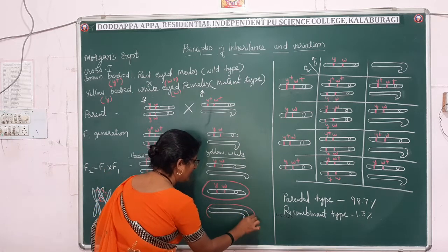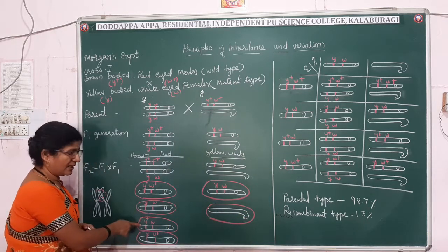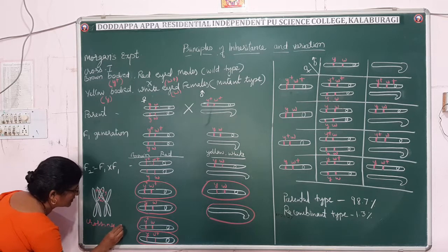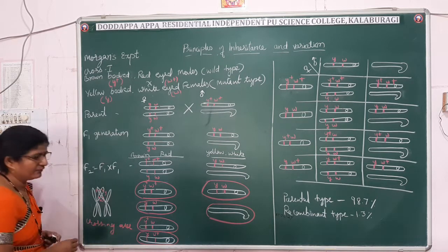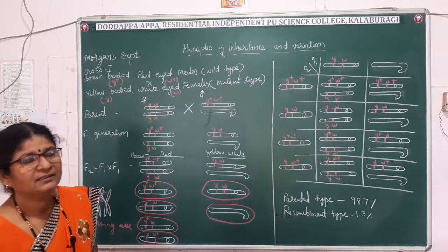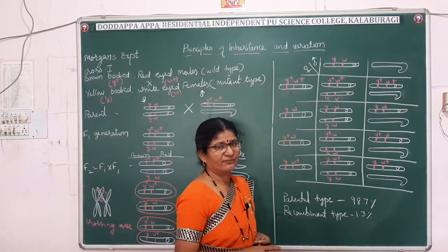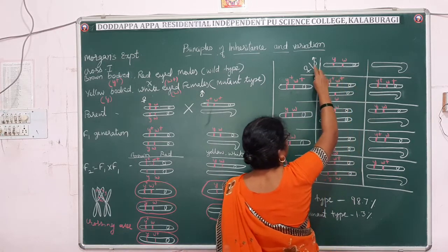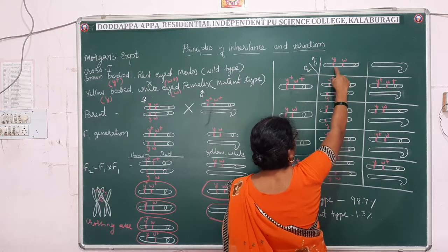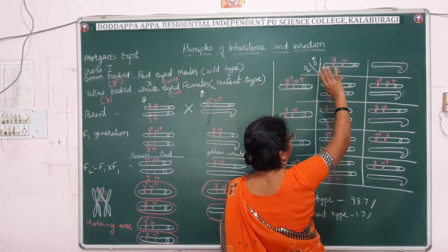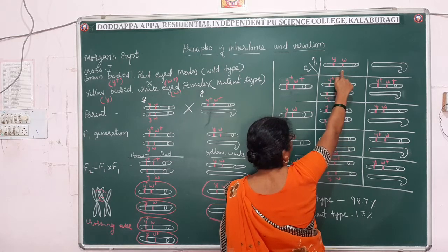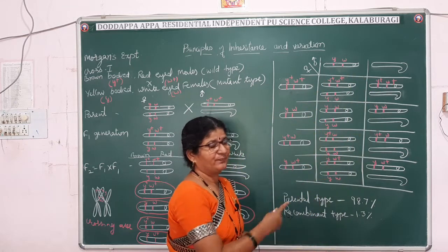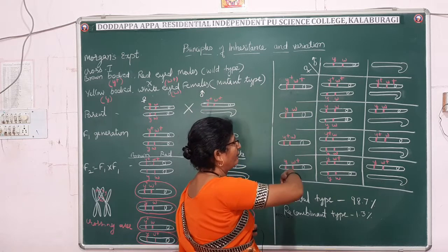Hope it is clear. How did you get the recombinant varieties? Through crossing over. And now I told you, however many gametes there are, that many rows and that many columns you have to draw. So here I drew two, that is, male gametes I have taken on the upper line. 50% of the male gametes were having yellow body, white eye, and here I wrote the Y chromosome, and here all X gametes I wrote. That side male gametes, this side female gametes we wrote.